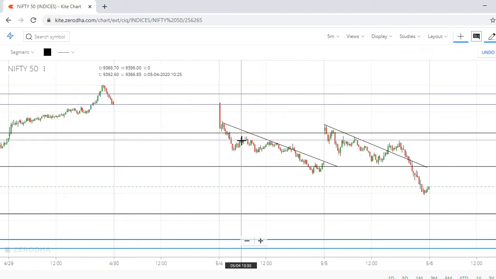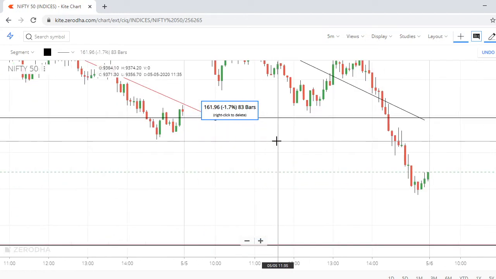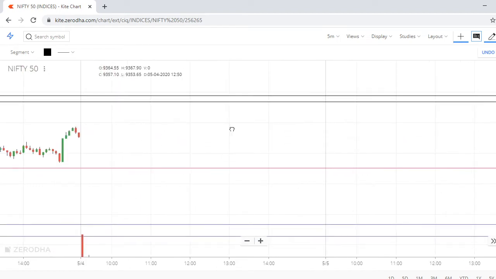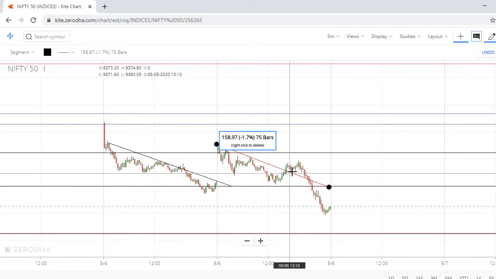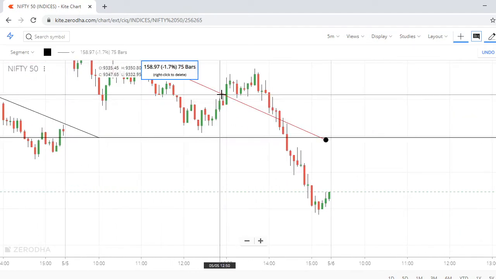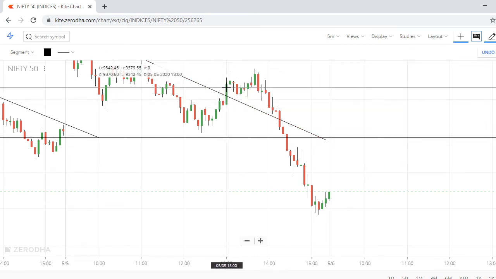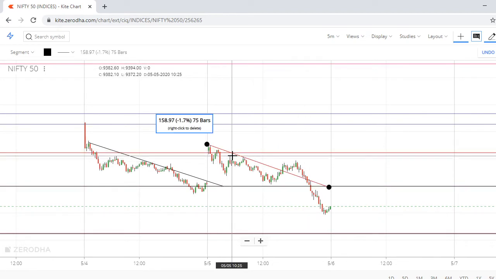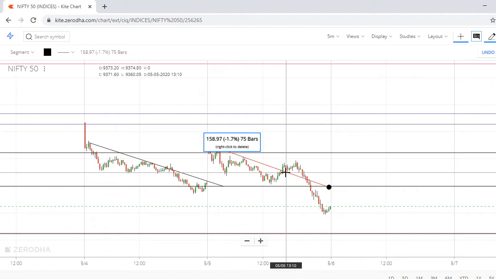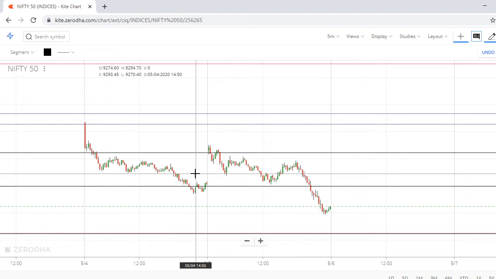Simple. So what you need to do, whenever it comes closer to this, just short it. It doesn't mean that you need to be 100% successful. Sometimes it may fail, like today. If it came here, you might have shorted the previous candle in this red candle. Now this is SL taken, stop loss hit. It can happen, but majority of the times you will see one success, two, three successes, one failure. This can happen, but the probability of winning the trade improves. It comes in a better way.